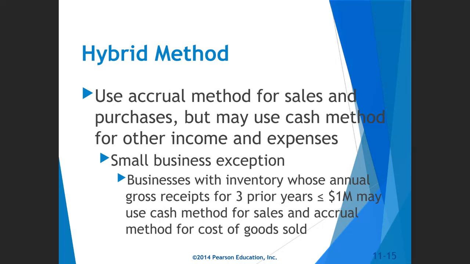Hybrid method may use a combination of accounting methods. It uses cash and it uses accrual, as long as the income is clearly reflected. Taxpayers with inventories are required to use the accrual method to report sales and purchases if their average gross receipts for the 3 preceding years exceed 1 million, or 10 million if the taxpayer's principal business is not the sale of